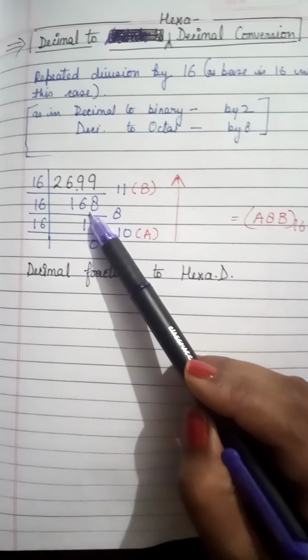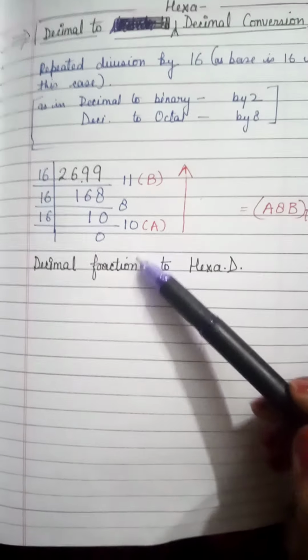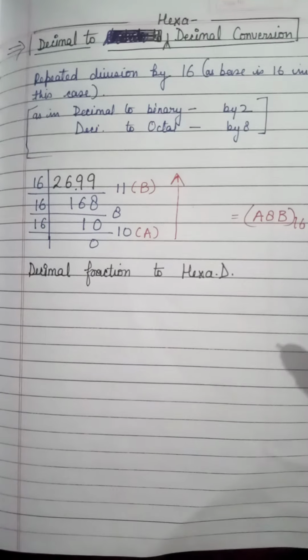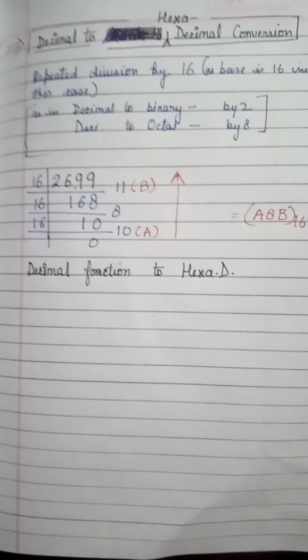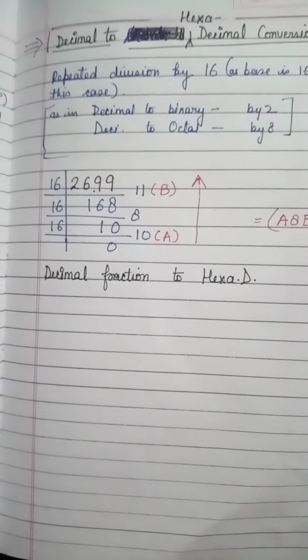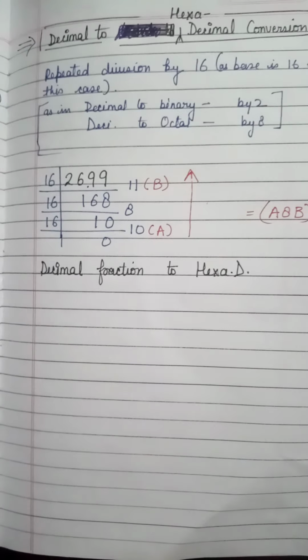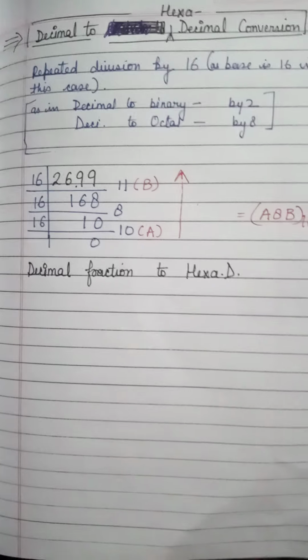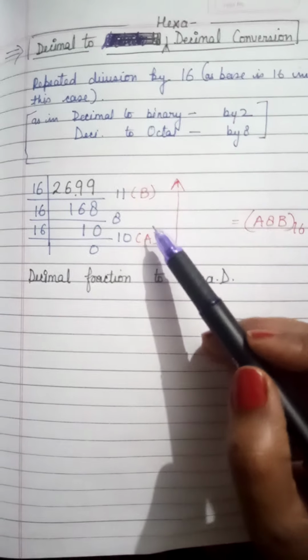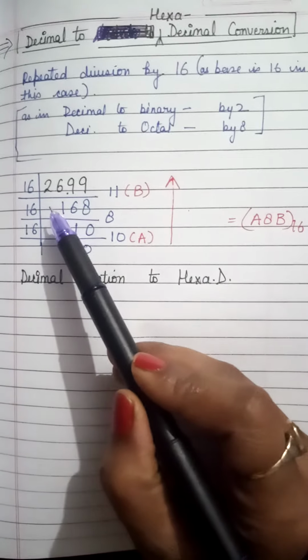This is for the integer part. And for the fractional part, you will be multiplying that number with the base, till you are getting a fractional part. Fine. So, example, suppose you have to convert